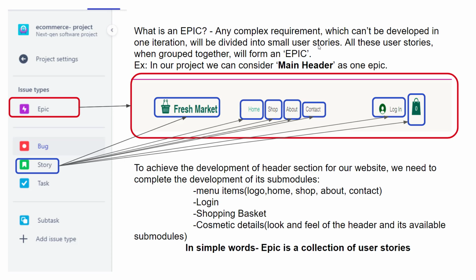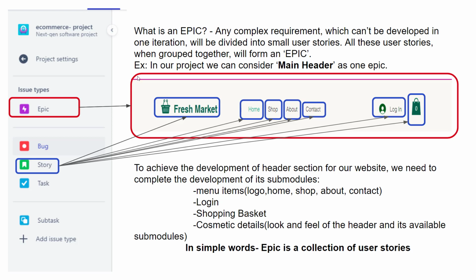You know the meaning of epic, right? Traditionally, an epic is like a big book which has multiple stories in it, right? I think you might have all learned that as a child. So in the same way, in agile terminology, just to differentiate the big user stories and the small user stories, we name a group of user stories as an epic, and a granular level of any user story or a feature as a user story. Going forward, as we discuss more, you'll get the difference between the user story and an epic.